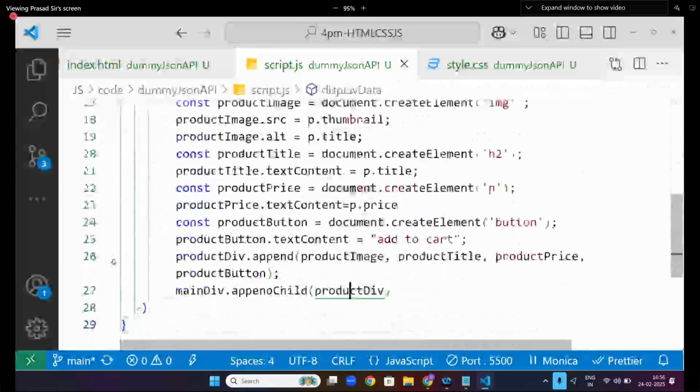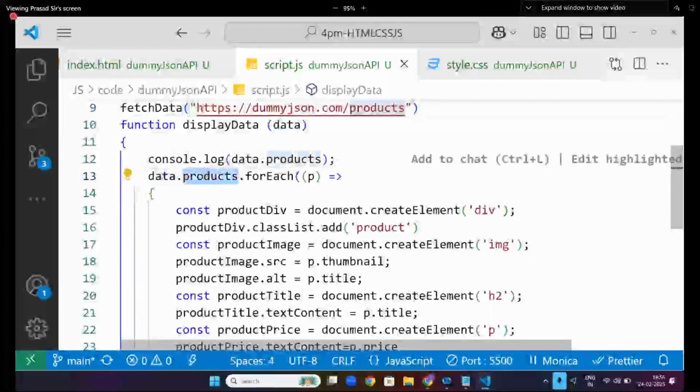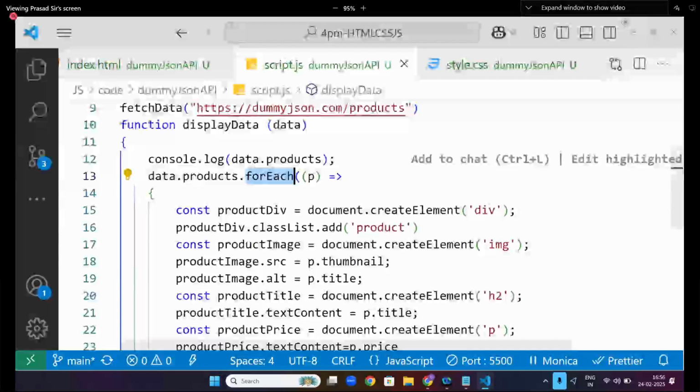But here, how do you print them? Inside the data, I have products. In the products array, I did forEach. What I did? Now, for the people who forgot the DOM manipulation, forEach will take two arguments usually. First one is the element. Second one is the index. First one, I take the element. Element is some object. Like they gave me title and all the things in the object. I did not create them. So you have